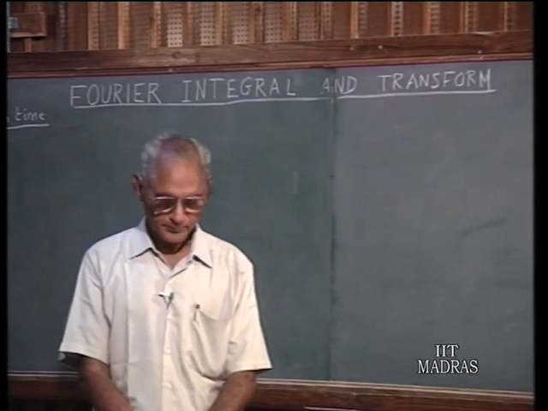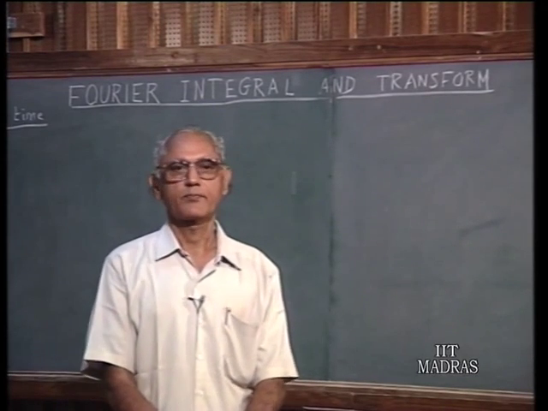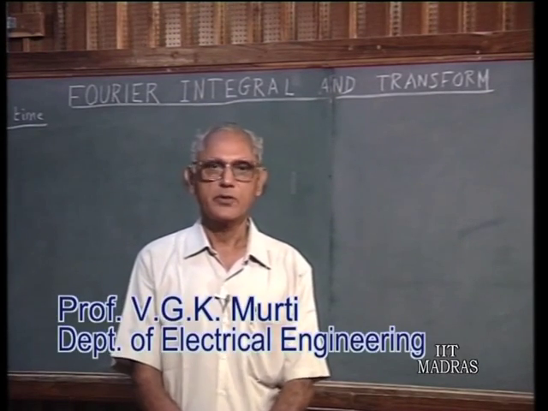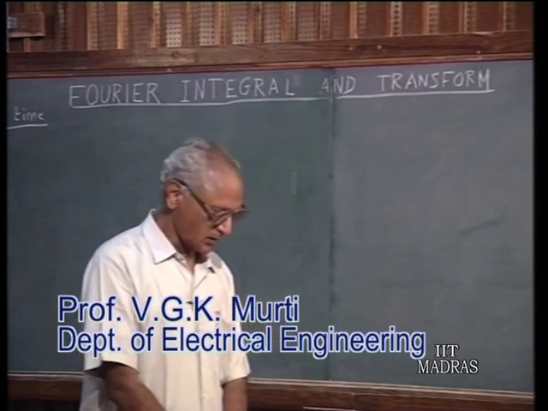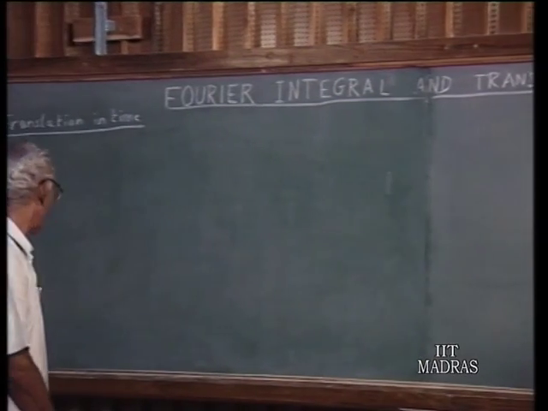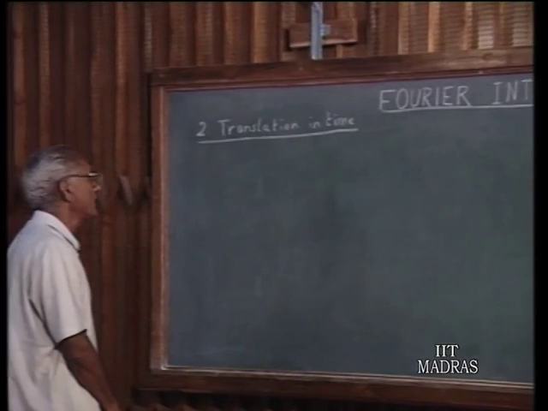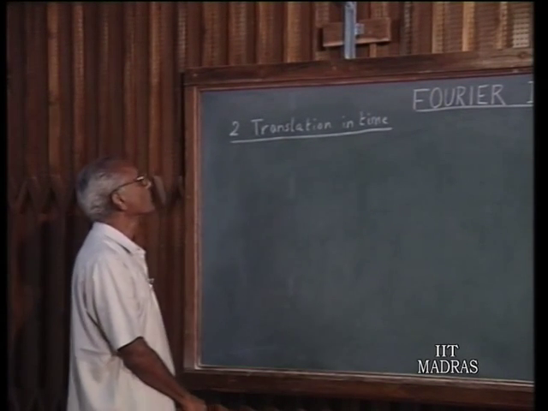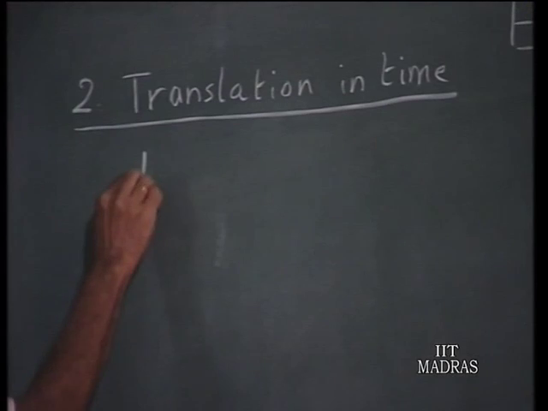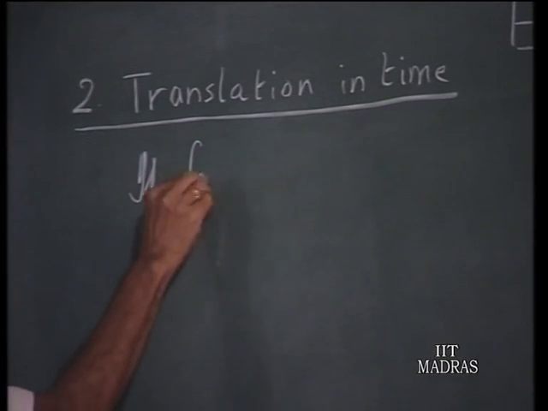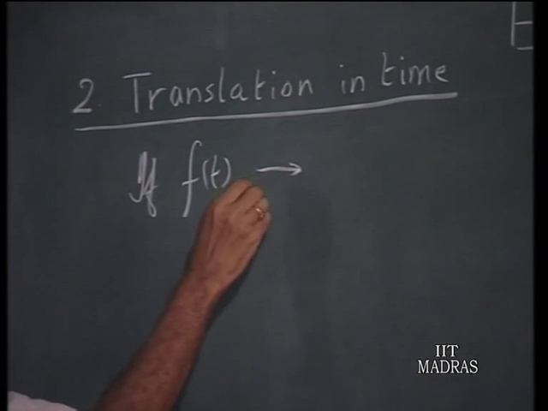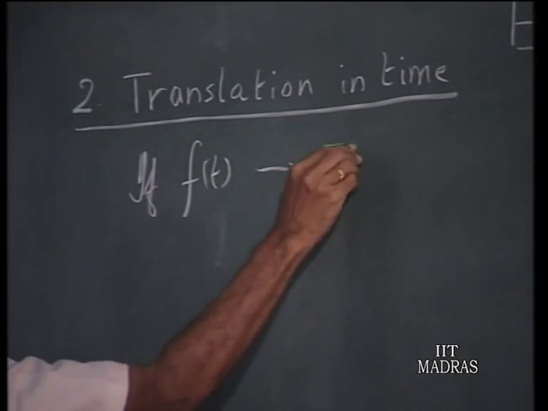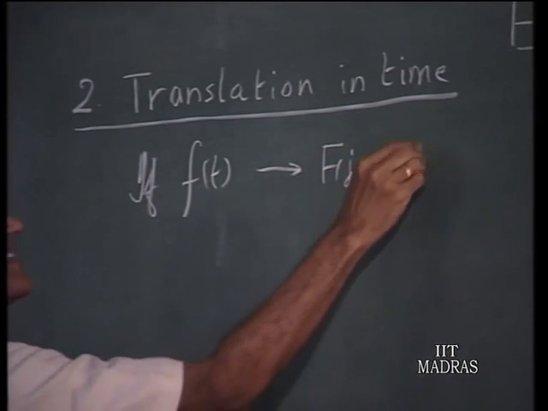In this lecture, we will continue with a study of the properties of the Fourier transform. We have been talking about this property of translation in time. You recall that what we said here is, if f of t has a Fourier transform F(j omega), then